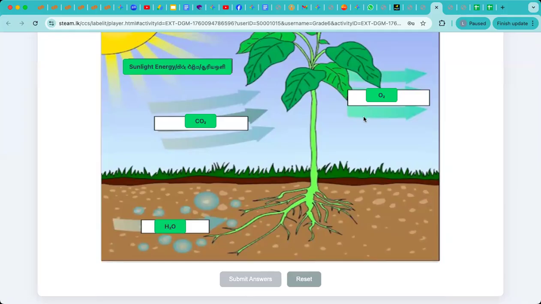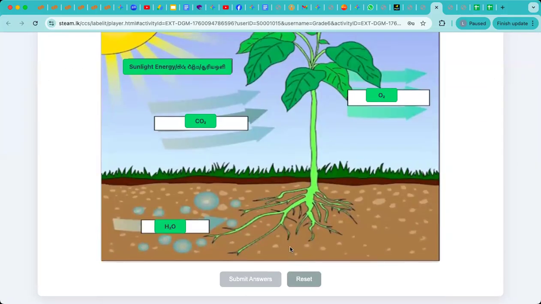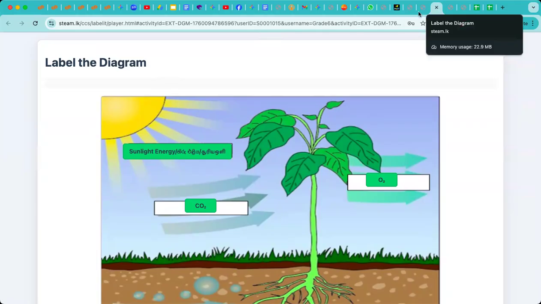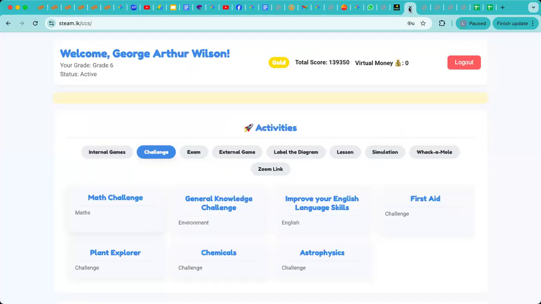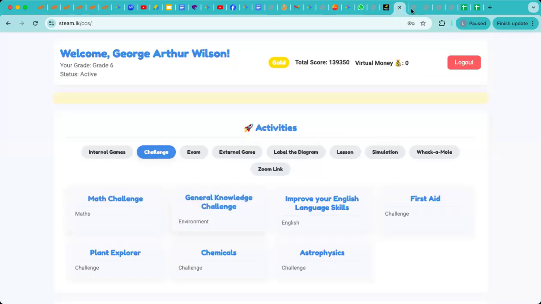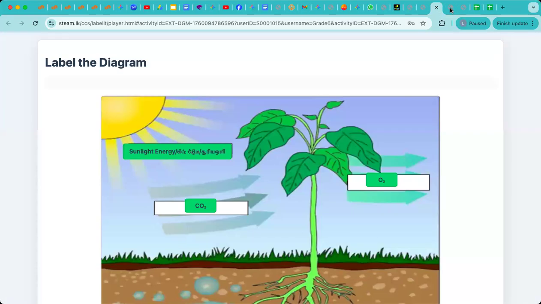You can see I got all correct and I got the marks. You can retry if you want. Otherwise, you can just go back or close the activity, because you are already in the challenge, like here CCS. You can go to the next activity, likewise general knowledge challenge. So different challenges are there, but this plant explorer, chemical, astrophysics challenge, this will lead into this